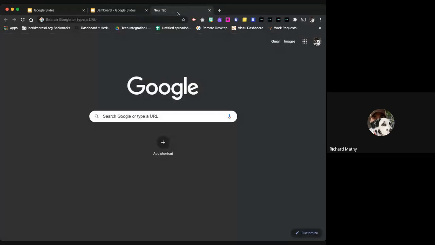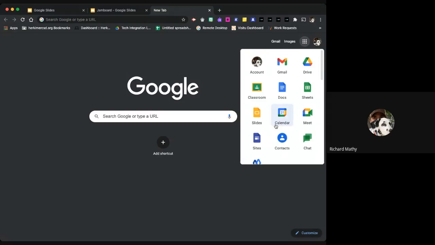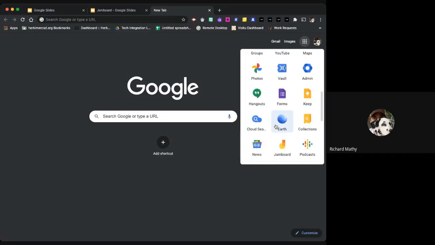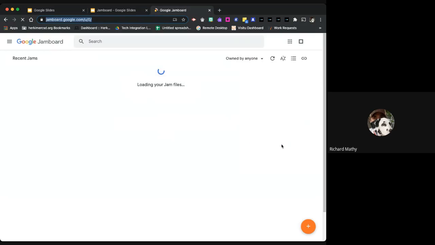First off, everybody knows that we can start a Jamboard in a Google Meet. If we go to the activity button, which is the triangle, square, and circle at the very top, you can start Jamboards that way. But I also want to note that in your waffle you can set up a Jamboard ahead of time. So if you wanted this for a class activity, you could set it up ahead of time and actually assign it to students like you would assign a regular document,